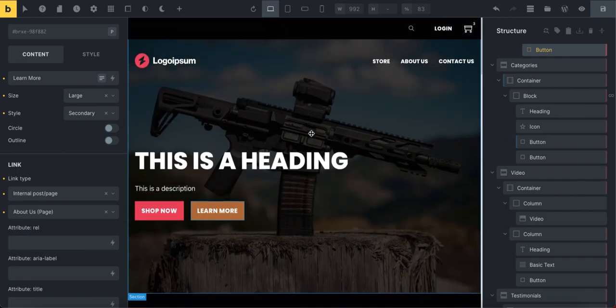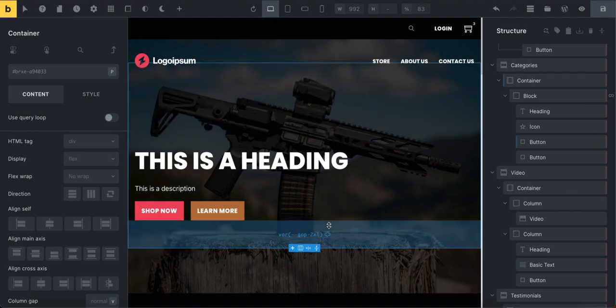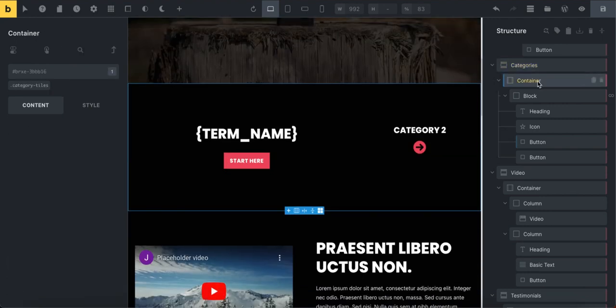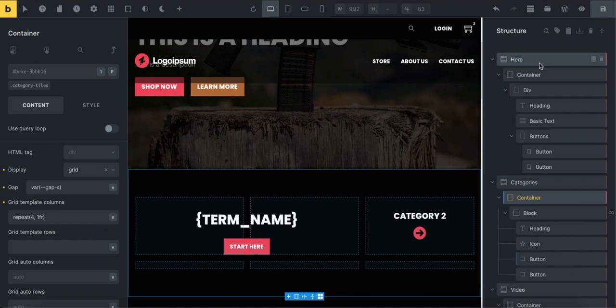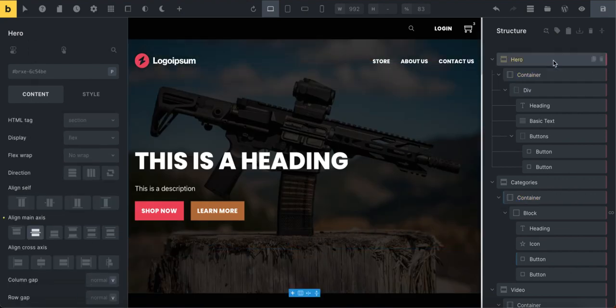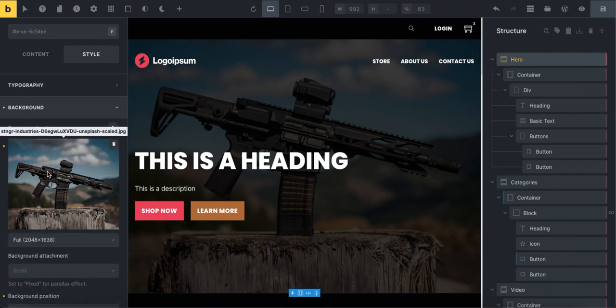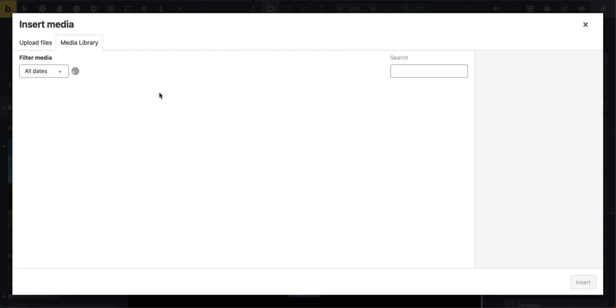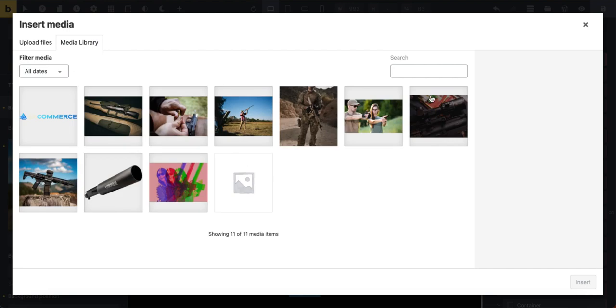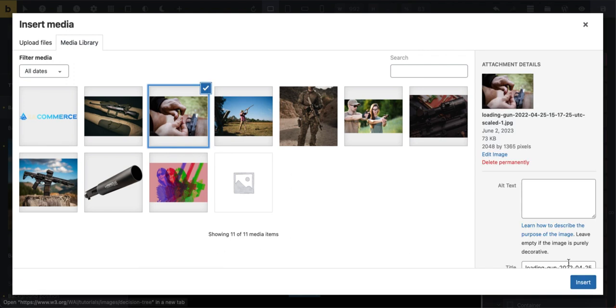And then let's say that I want to edit the background image back here. So, oops, come back up here to the correct one. So I'm going to select the hero and then go to the Style tab and the background. And then there's this image, so I can click on it and I can select something different from the media library, or I can upload a different image just by dragging and dropping, but I'm going to select this one